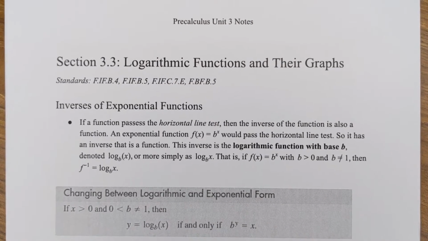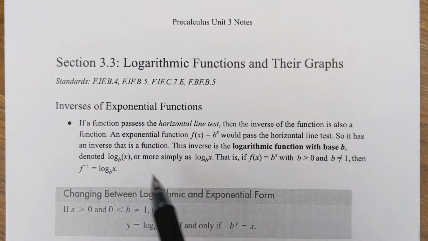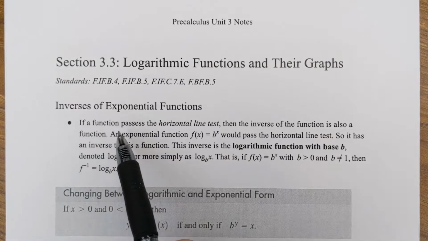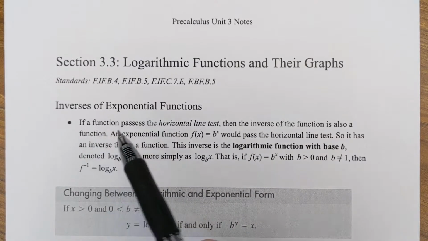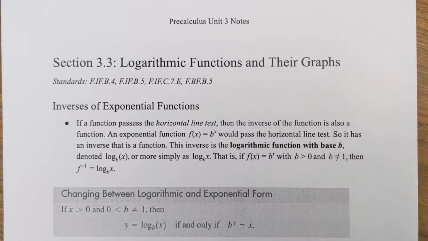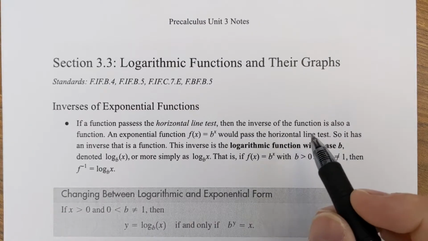Okay, so here we've got the notes for section 3.3, which deals with logarithmic functions and their graphs. So we've got here the inverses of exponential functions. It says if a function passes the horizontal line test, then the inverse of the function is also a function. So remember, the vertical line test is used to determine if something is a function. The horizontal line test tells you that if you take the inverse of your original function, is that thing also